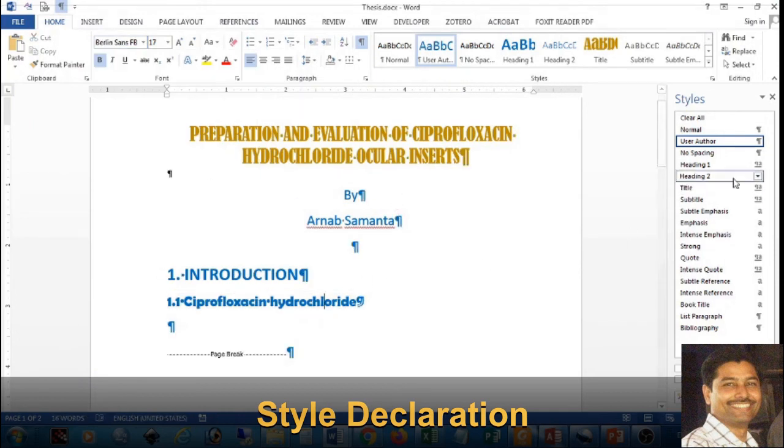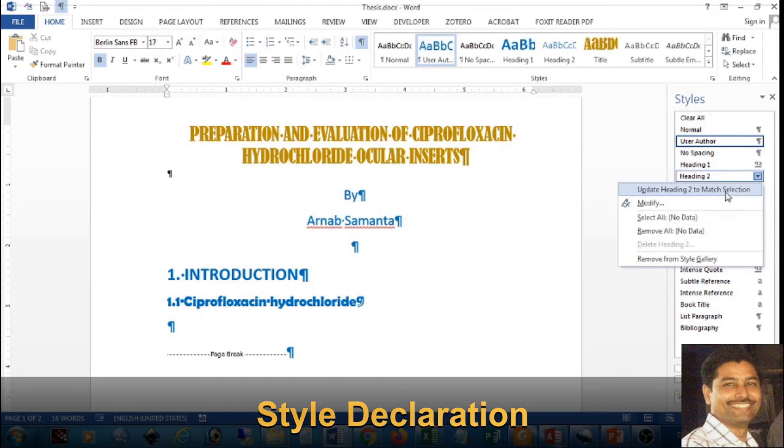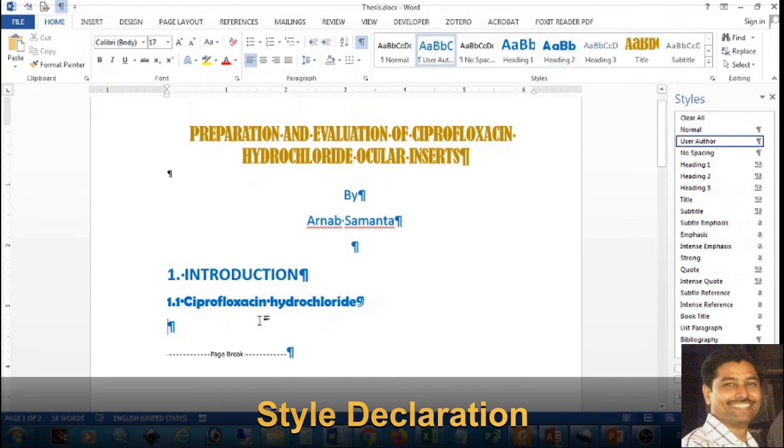Now this one we want to define as the style of heading 2. So let us click heading 2. Now under it something we are writing. So this one we want to clear all style, so it is black.